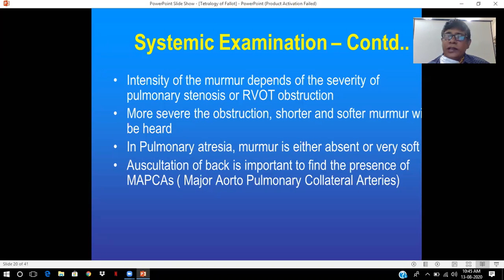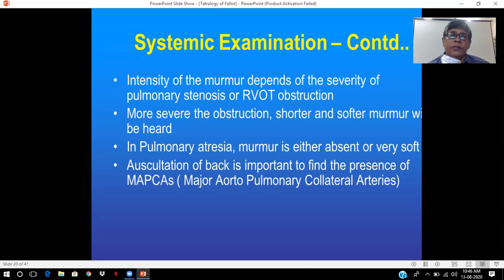You may get a left parasternal systolic thrill, and you get a grade 3 or above ejection systolic murmur in the pulmonary area. Mind that the VSD is silent. As this is a large VSD with no flow obstruction, there is free flow of blood, so there is no murmur in the VSD. It is the flow of blood across the stenotic valve that causes the murmur, so it is the ejection systolic murmur in the pulmonary area.